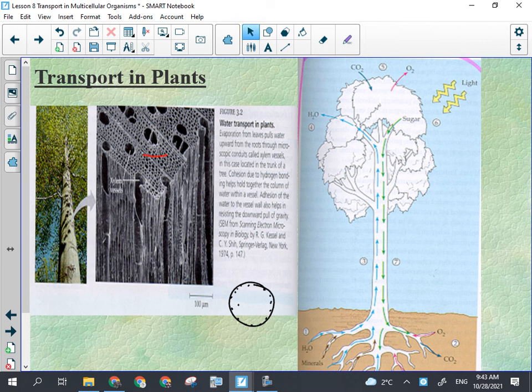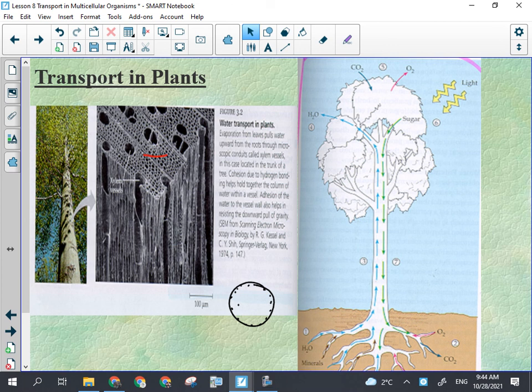How big are all the little tubes? Some of them are bigger, some of them might be about 10 micrometers, but how big are all these ones? Like 5. Yeah, they're really small. Like 5 micrometers, something like that. So the amount of water that's in any one tube is very small, but there's millions of tubes. When it comes down to it, there's still lots of water in the stem or in the trunk of